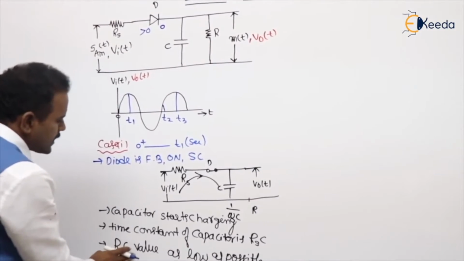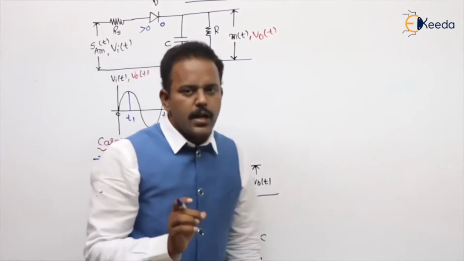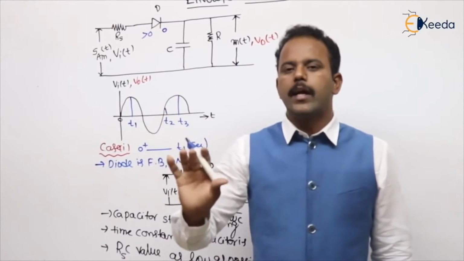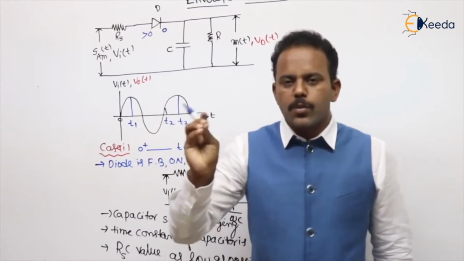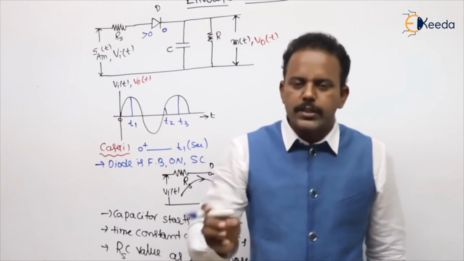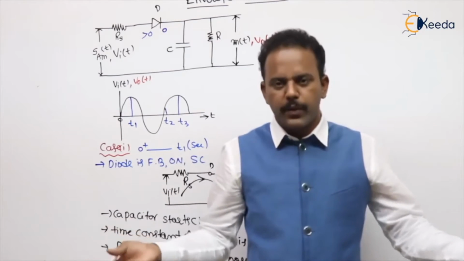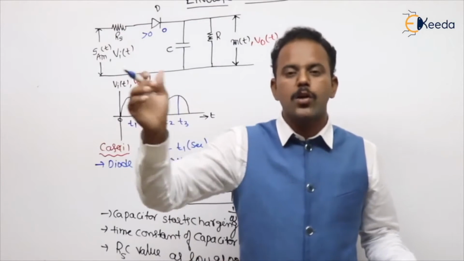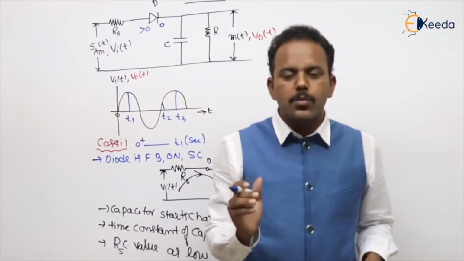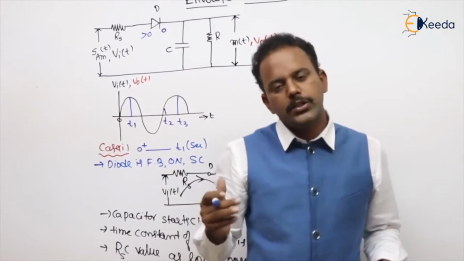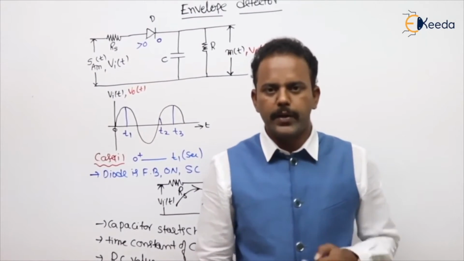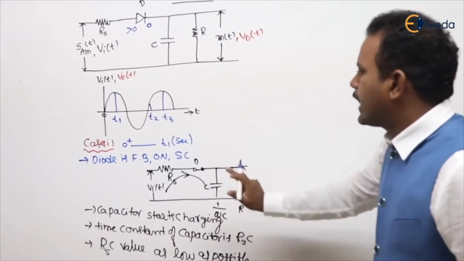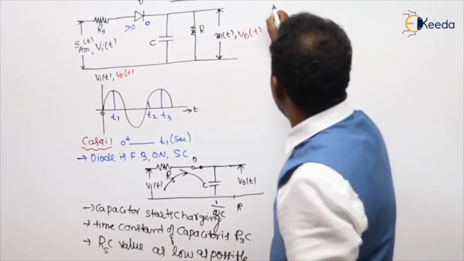Time constant is less means, whether for charging or discharging, it takes less time. Time constant is more means, whether for charging or discharging, it takes more time. So a small time constant means charging is fast as well as discharging is fast. A large time constant means charging is slow, and discharging is also slow. Did you get my point? So this value being low means the capacitor is charging fast.